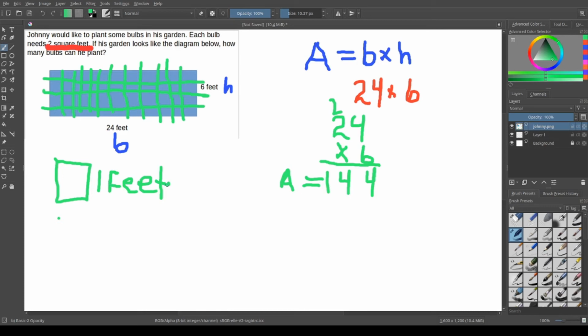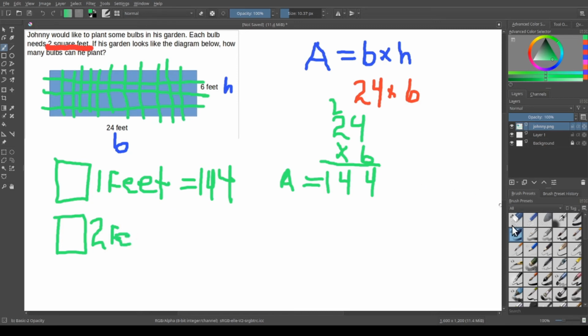So when it's 1 square foot, it's equal to 144 little boxes in here. When it's 2 square feet,